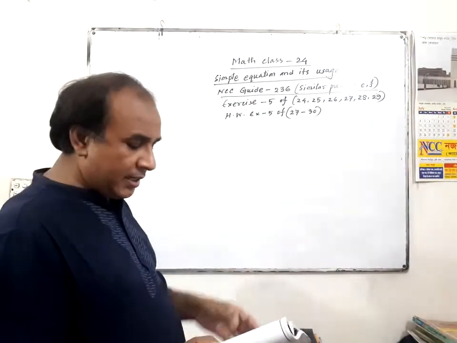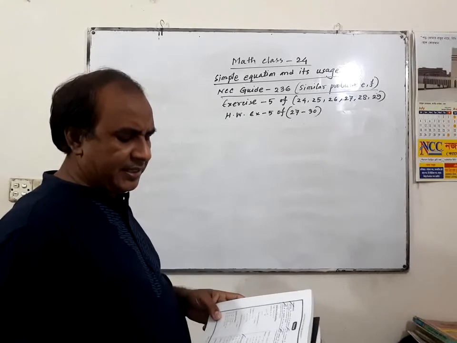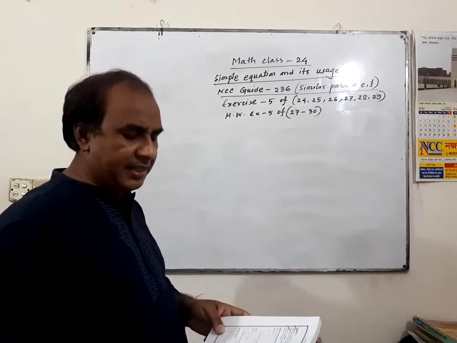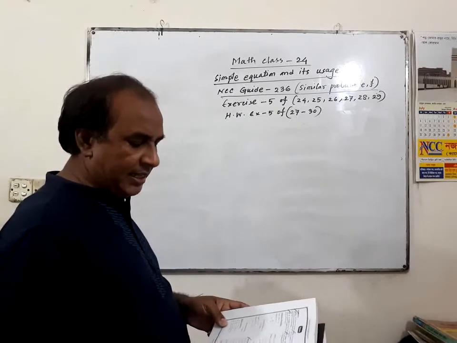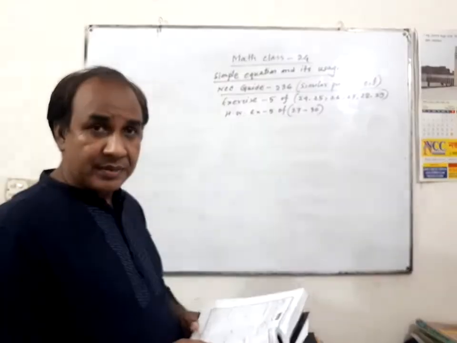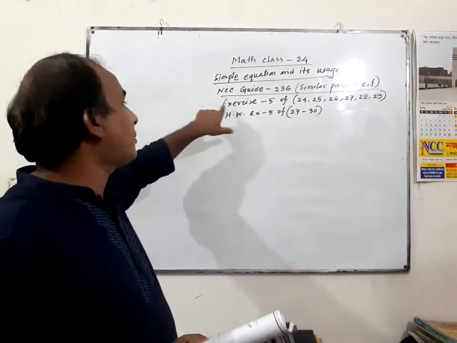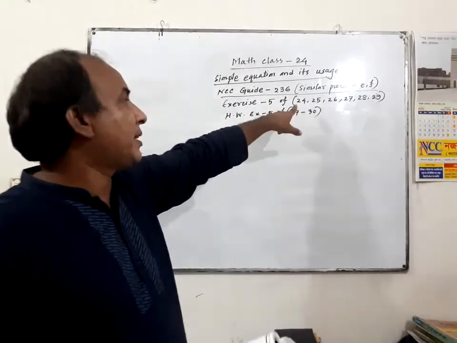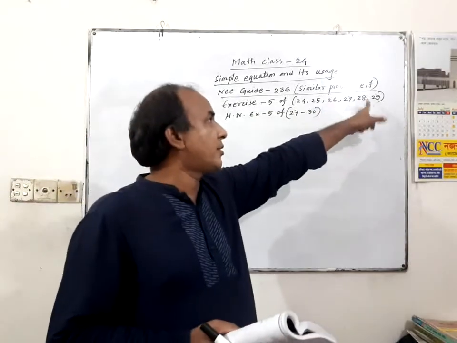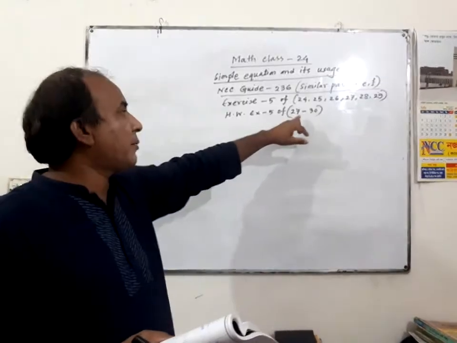In the previous class I did a few maths problems from A, B, C, D, similar problems. Now E and F are a little bit hard. Today I will discuss that. And your class 6 textbook Mathematics exercise 5, numbers 24, 25, 26, 27, 28, 29, and ASW exercise 5, 27 to 30.